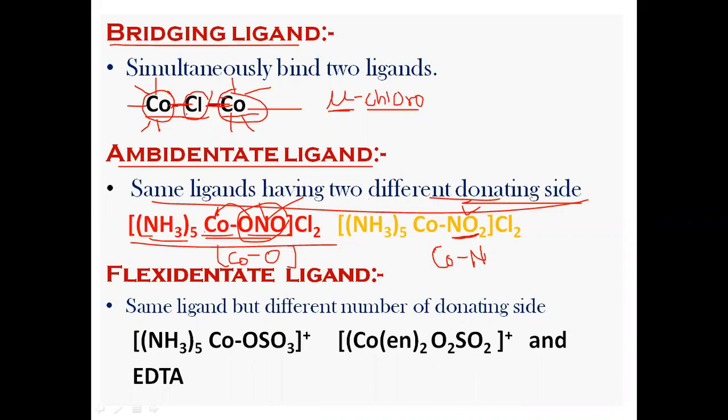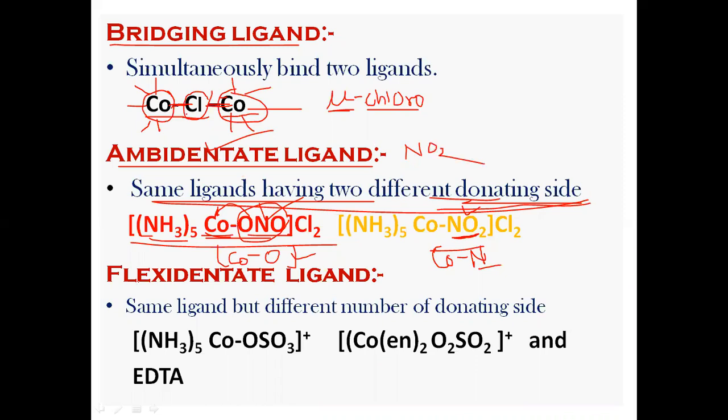Okay, so you can see here this is cobalt oxygen bonding and here cobalt nitrogen bonding in same molecule and same type of ligand is there but different type of donating site. So such type of ligand is known as the ambidentate ligand. तो ये नाइट्रो ग्रुप जो है इसको हम ambidentate ligand कहेंगे।